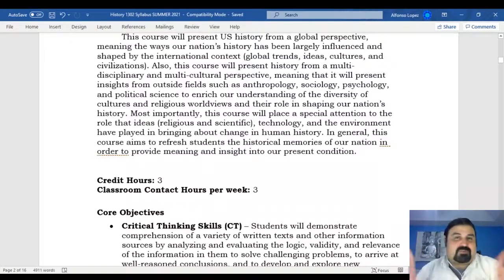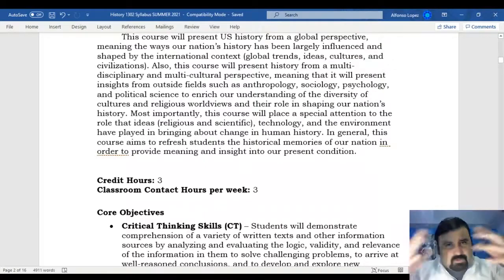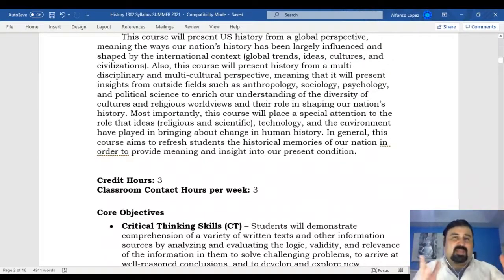It's true, this is, of course, a history course, so we do have to examine the past. So we have to go back and try to understand what happened, not just what happened, but why things happen in history. But at the same time, in order to gain a fuller understanding of what actually happened in the past,